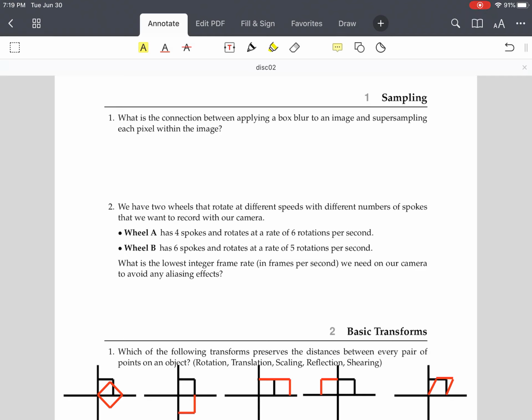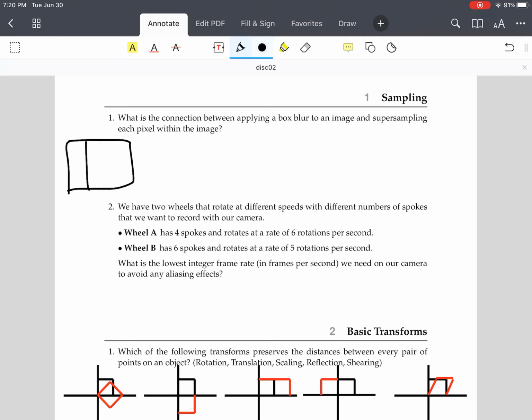The first section is about sampling. And the first question is, what is the connection between applying a box blur to an image and super sampling each pixel within the image? If we recall, a box blur looks a little something like this, where we have a grid, and each of these samples is individually going to be weighted, in this case 1/9. Essentially you're just averaging all the values over this grid